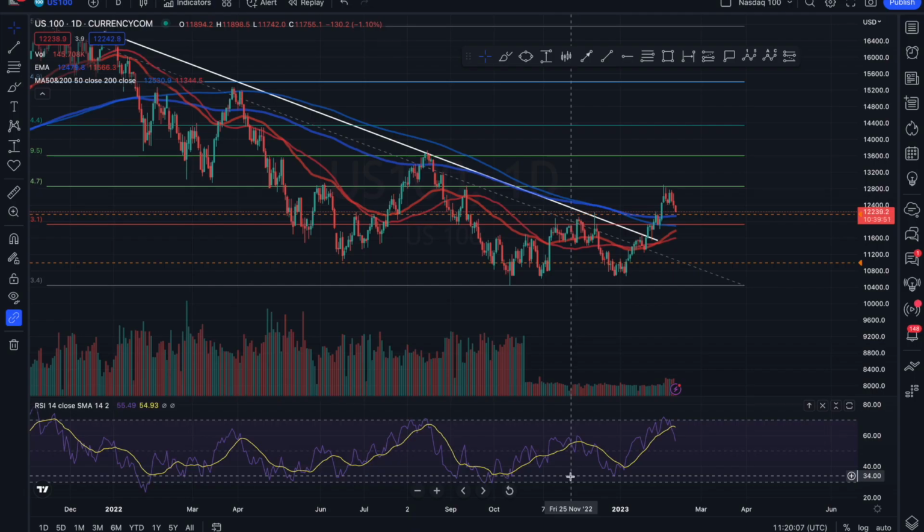Welcome to another episode where today we're going to be analysing the Nasdaq100 futures chart on this final trading session